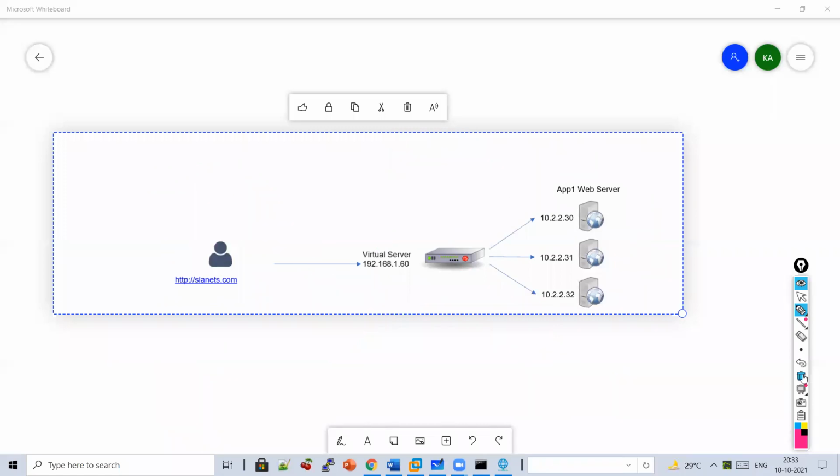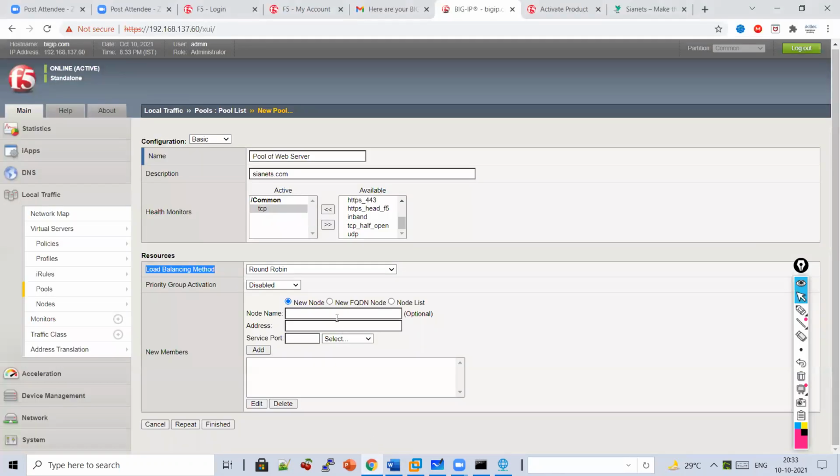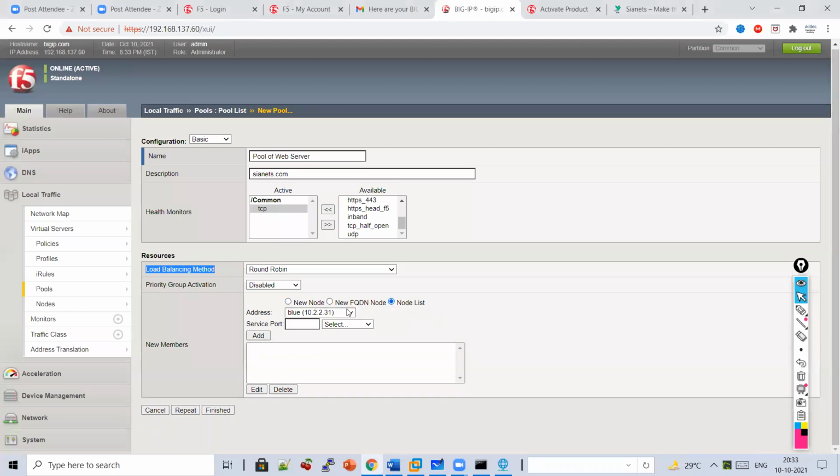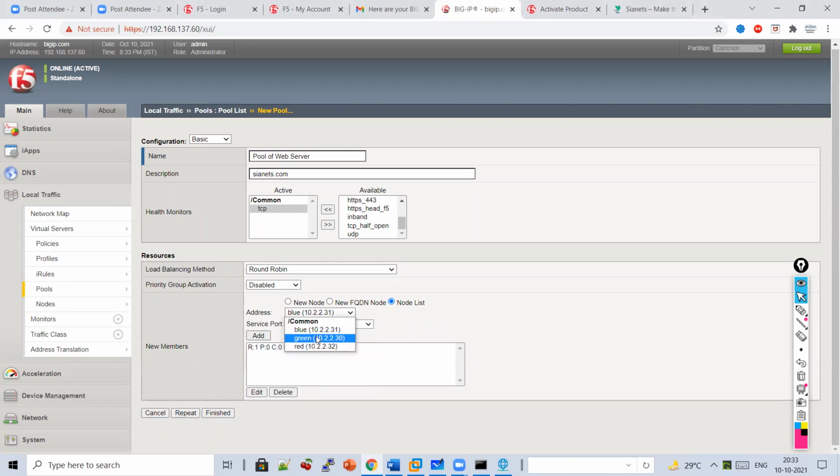Now let's come to the next topic, to configure pool members. I have defined 3 nodes, right? Blue, I will select port 80. I will select green. You will go into the node list because we have already created the nodes.